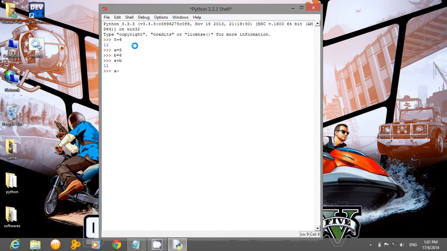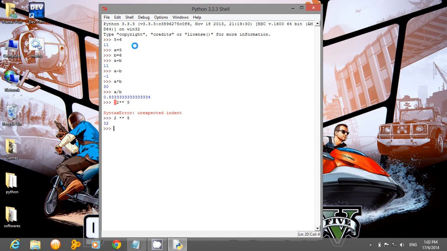a minus b for subtraction, and similarly for multiplication and division. For raised to power I will use the double star, like 2 double star 5.